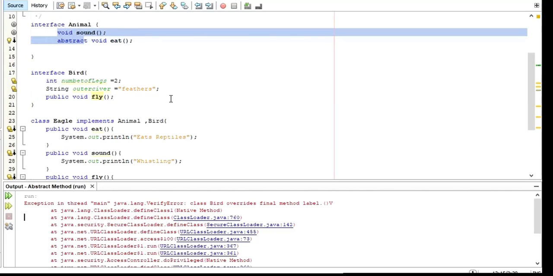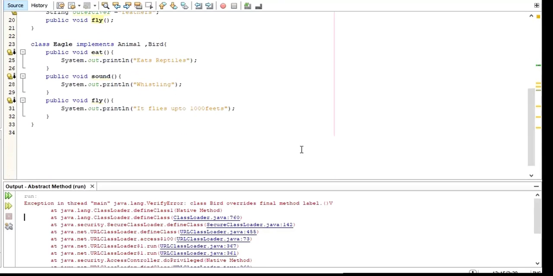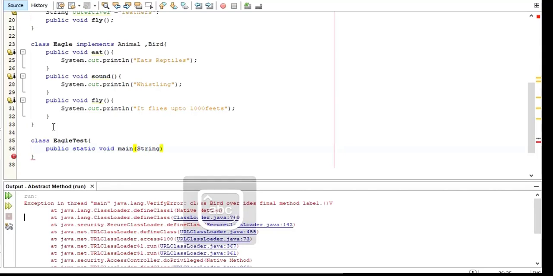When the method is abstract, it cannot be instantiated, right? So what I'm going to do here is, strictly, you cannot have any access. Let me create another class. I can call this one Ego test, just to check, right? So here I'm going to have the main method, public static void main, String array argument. Inside, let us create the object for this class